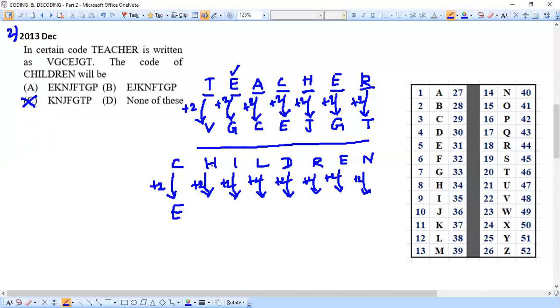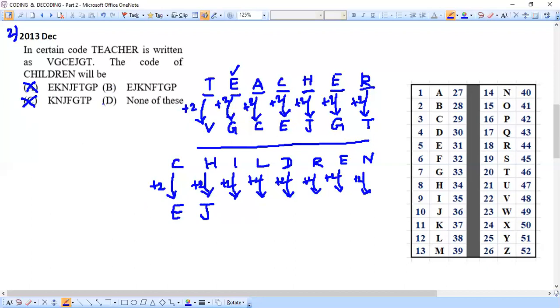Continue. H we need to do +2. H is already at the 8th position. So 8 + 2 will give us 10. So 10 corresponds to the letter J. So that means now we can eliminate option A also. Because see here, E, the next letter we are having K in option A, but we need E, J. So we are successfully able to eliminate two options now, but we are left with options B